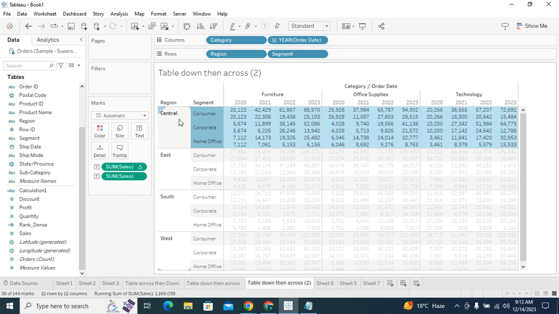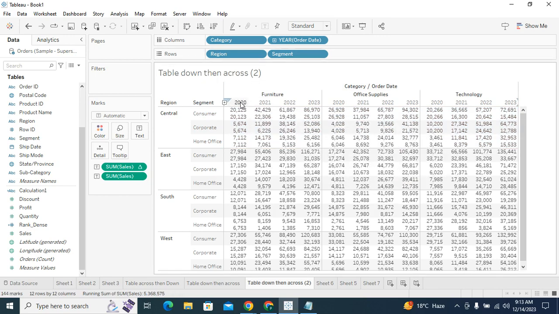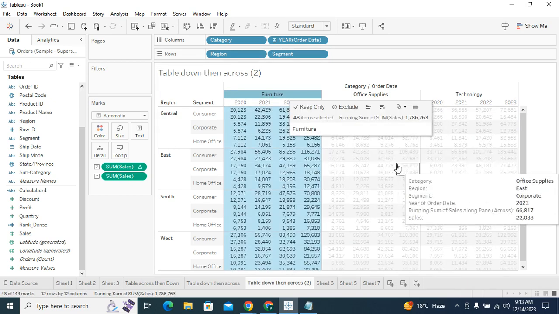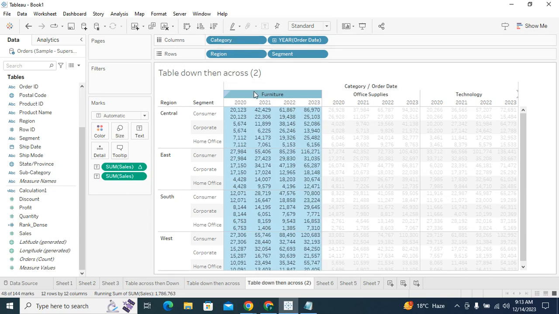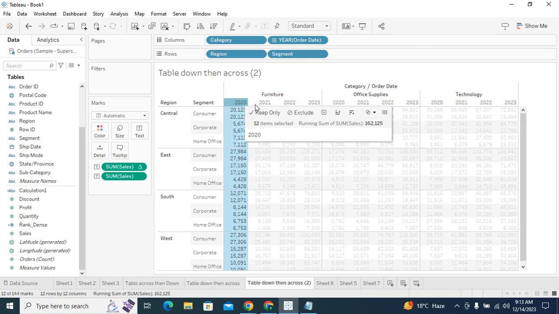Here also the same. The least dimension values pass as a single value to the next level dimension. For furniture, furniture is the higher dimension here, and years are the lower dimension here. So the number of records aligned with the next level dimension will be called a pane. Now the pane is the combination of